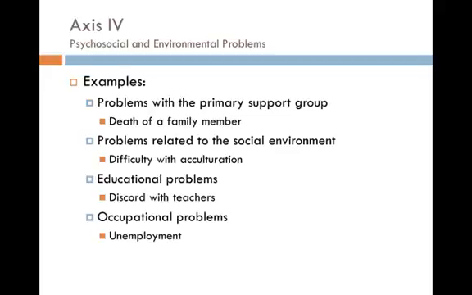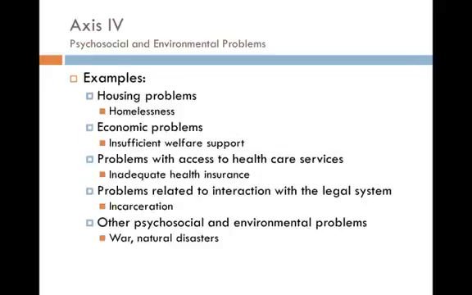Additional examples include homelessness, economic problems or insufficient social support services to maintain one's daily living, and problems with access to health care services or inadequate health insurance, which would also relate to Axis 4 of the DSM. Problems related to interactions with the legal system or incarceration would also be relevant to one's Axis 4 diagnosis,